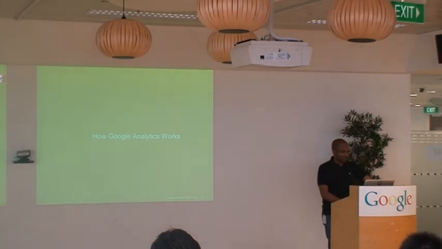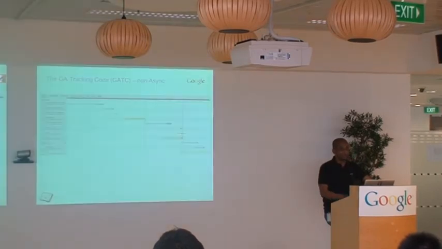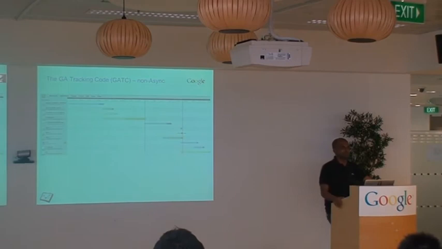Okay, so you've seen a lot about Google Analytics, and one of the questions I always get is, how does it work? And when I speak to a non-technical audience, I just say, it's magic, it just works. Don't worry about it, just go access the reports and work with the data. So the way Google Analytics works is we put a standard bit of JavaScript code on every web page on your website or your web application. And recently we just released what we call the asynchronous tracking code. And most of you have probably been exposed to what we call our traditional GA.js tracking code.